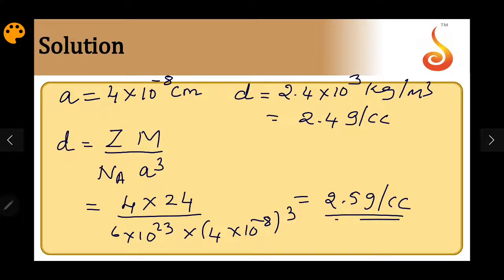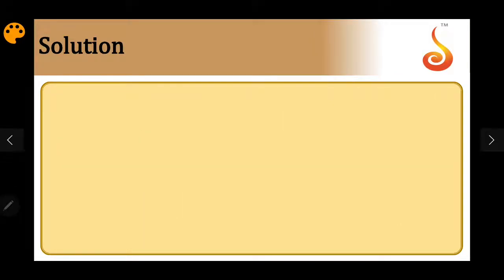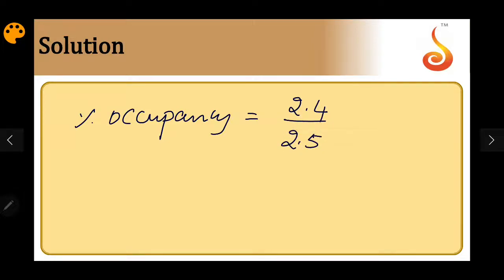So the calculated density is 2.5, actual density is 2.4. It is less because some of the particles are not in their lattice points. So Schottky defect is there. As a result, I need to find out how much is occupied. So occupied is 2.4 gram per cc, proportional to that, and with entire particles, without any particle missing, the density should have been 2.5. So if I take the percentage occupancy, it is equal to 2.4 by 2.5 into 100. So this comes to 96%.